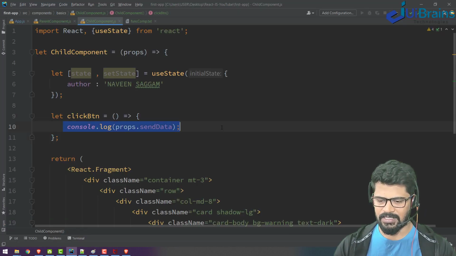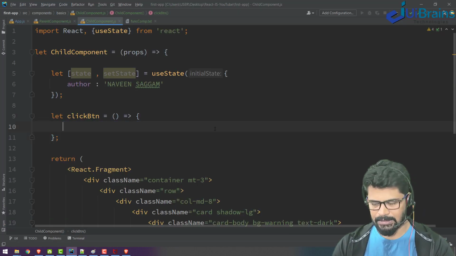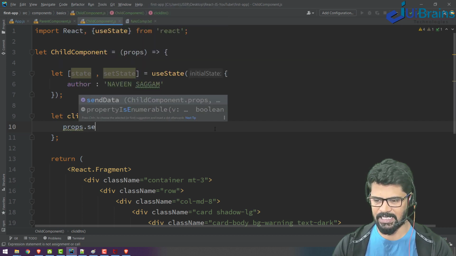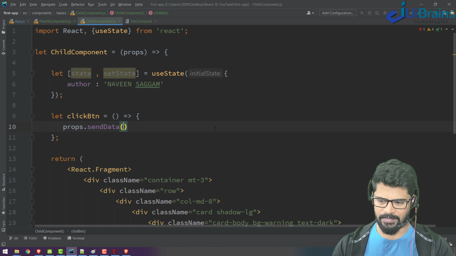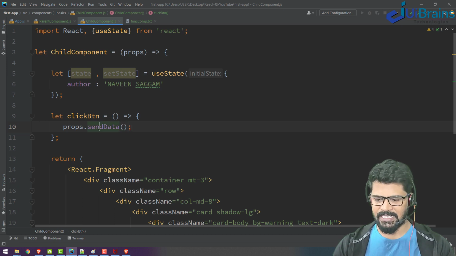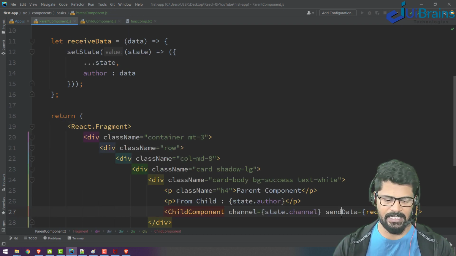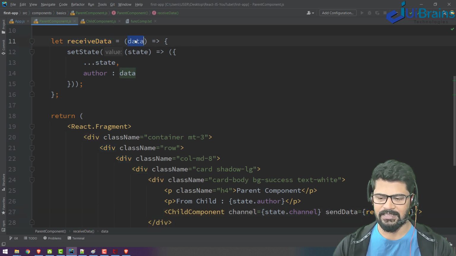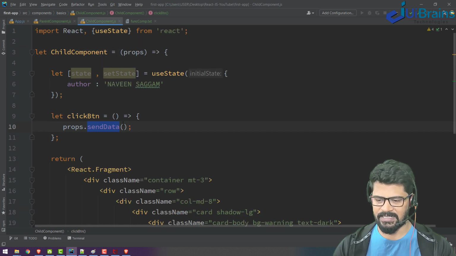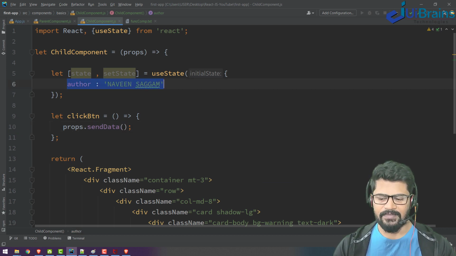Okay, so how do you call it? props dot sendData. Where am I going to provide? Because sendData is not sendData, sendData is receiveData. receiveData is a function that takes some data, so you have to pass it on. What do you have to send first? The author name I want to send. And how do you access author?